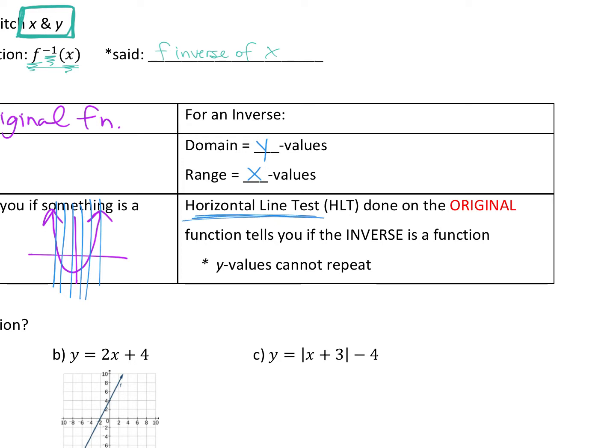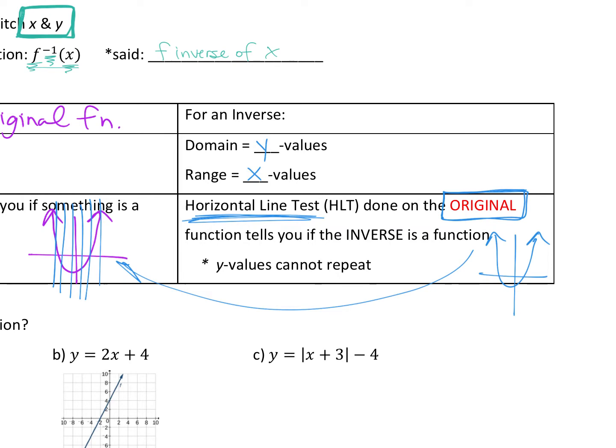The horizontal line test has to be done, notice I put this in red because it's very important, has to be done to the original function, not the inverse function that we come up with, okay? The function we start with, so go back over to here, right? If my function looks like this,